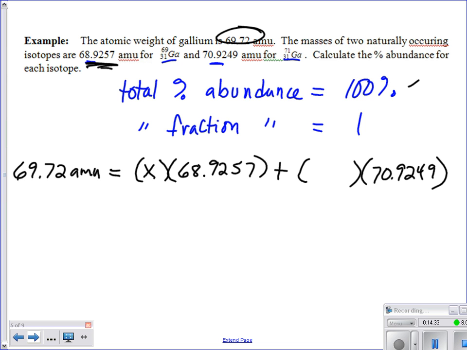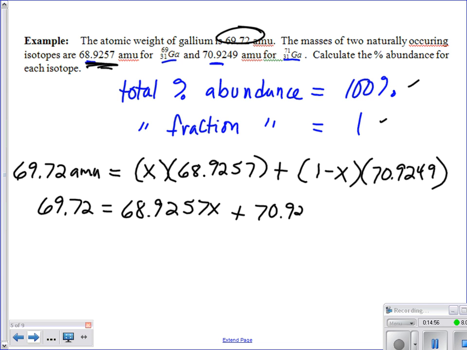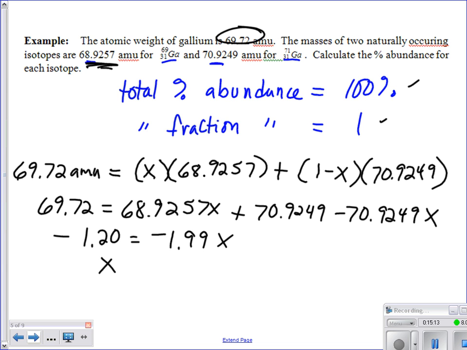But now to figure out that other percent abundance, I have to think about the total is 100, but remember when you decimalize that, it becomes 1. So what I want to say here is 1 minus x. 1 minus x. That should ring a bell from algebra. So now you're just doing an algebra problem. 70.9249x, making sure that you can solve for this. And x equals